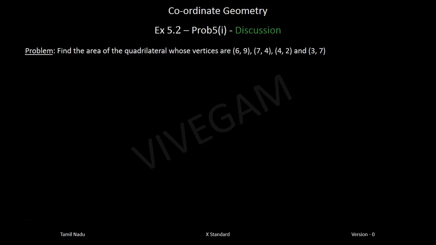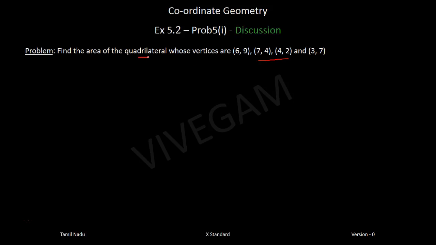Okay, great. Also we have a formula for the quadrilateral. It's the same as the triangle formula. The only thing is that you will add that x4, y4 also into the formula. So what is given? The coordinates, let's mark it. The 4 coordinates are given and you can see they're all in the first quadrant. All of them are positive. So all the points are in the first quadrant.